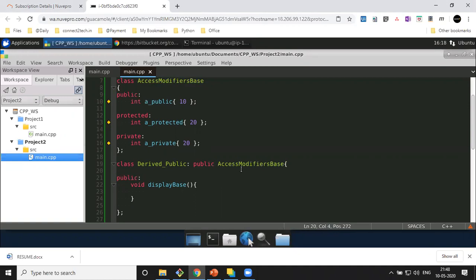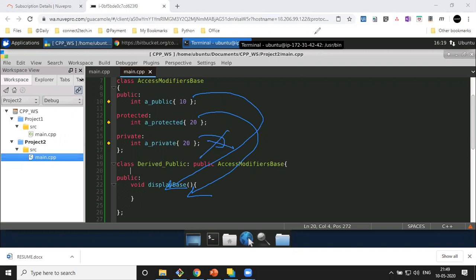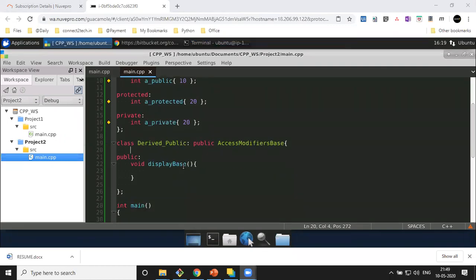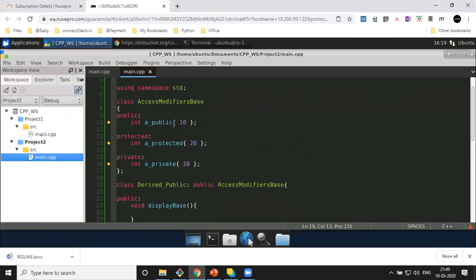As a result, what I have already explained in the slide is that this public member will become accessible here as public, this will become accessible as protected, and private will not be accessible, right? Accessible means that in this particular derived class, I can access this member, public and protected. Protected is a member about which I'll talk in more detail in some time, but it is accessible within the class.